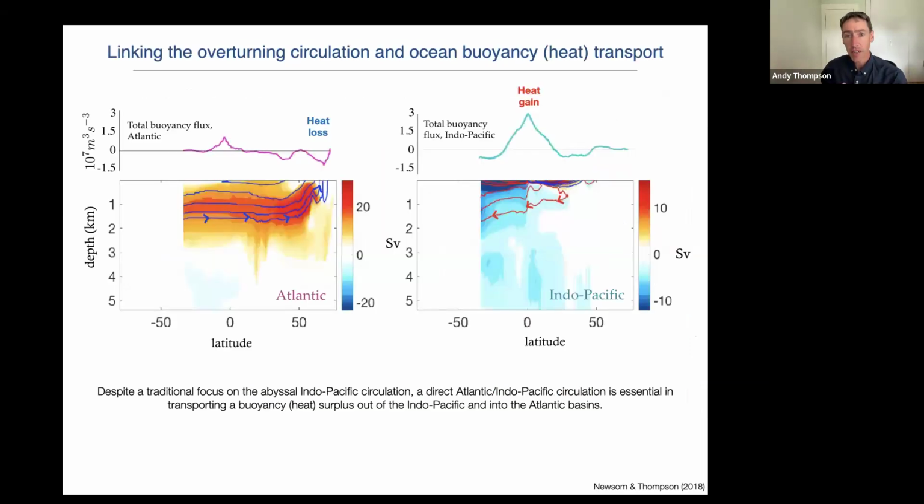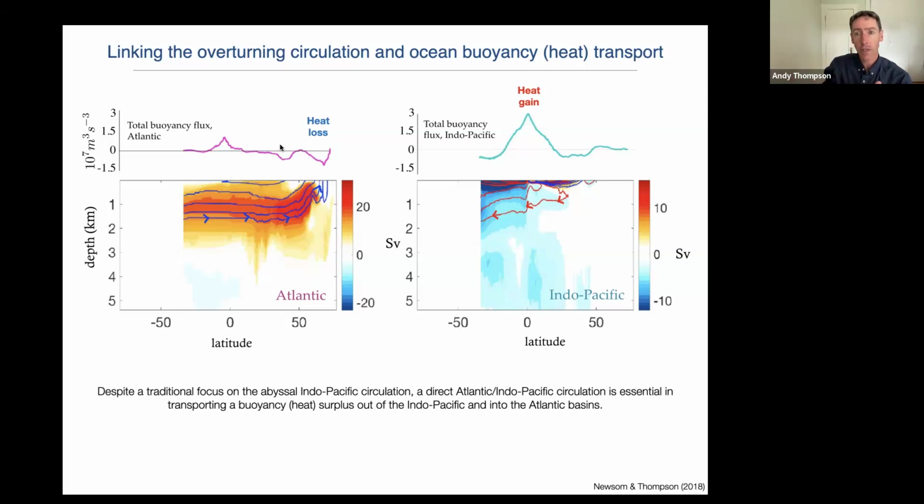And then the last thing I'll just mention here, this three-dimensional picture has been revisited, and really you can see it as a constraint on the heat or the buoyancy budget in the ocean. If you look at these curves on the top here, what we're plotting is the distribution of the surface buoyancy flux, so you can think about it as the heat flux, as a function of latitude, at the ocean's surface. And again, because of this difference in basin geometry, the Atlantic Basin is much narrower than the Pacific, but it also expands much further to the north.